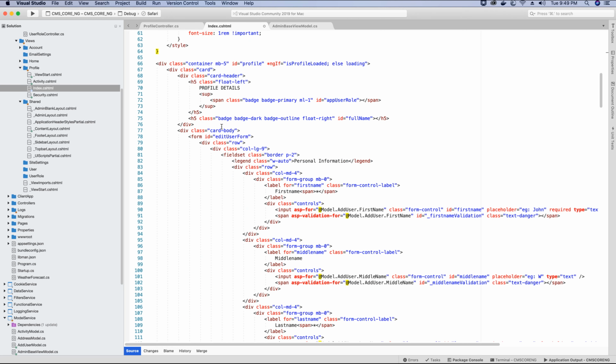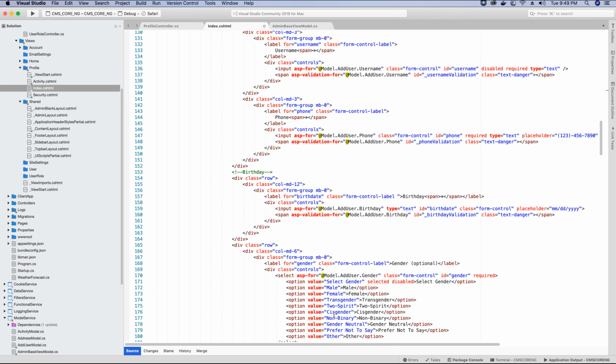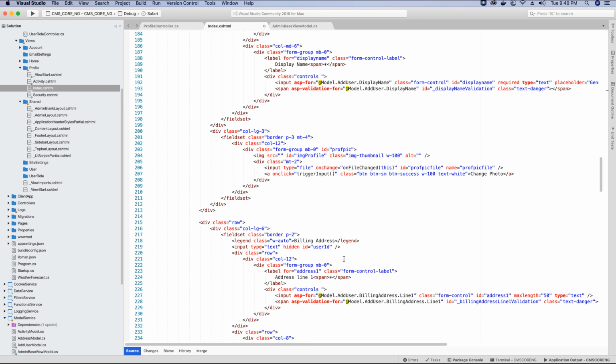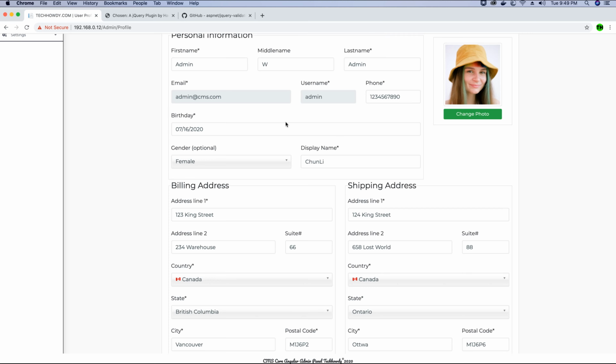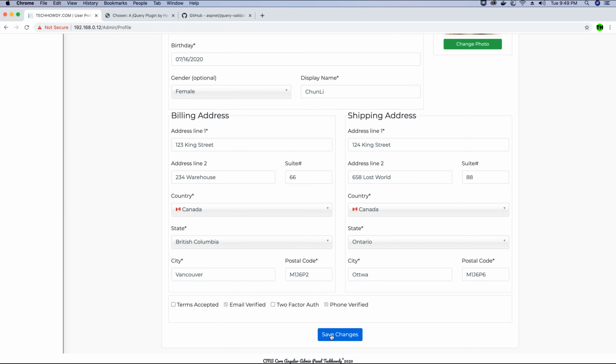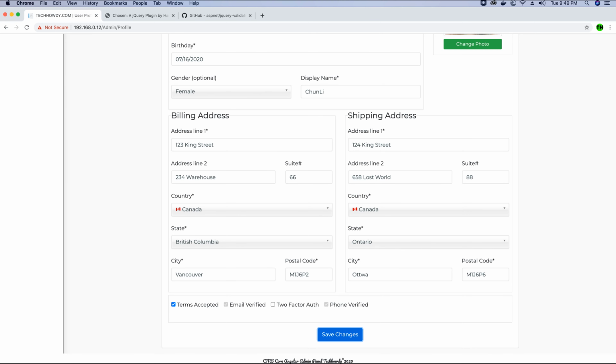So here we have the entire form that is displayed. We have the edit user form, which is basically the form which the user uses to change or update their user profile details, and once they have updated their details, they can click the save changes button, and then a request will be sent to the backend where all the details of the users will be updated. So if we try to click this and try to update the details, the user will be asked for a password, and if they cannot submit the correct password, then the details will not be updated. So we will go back now to the